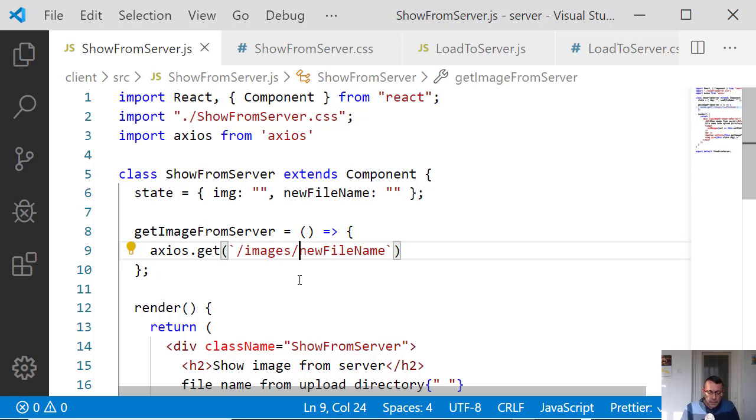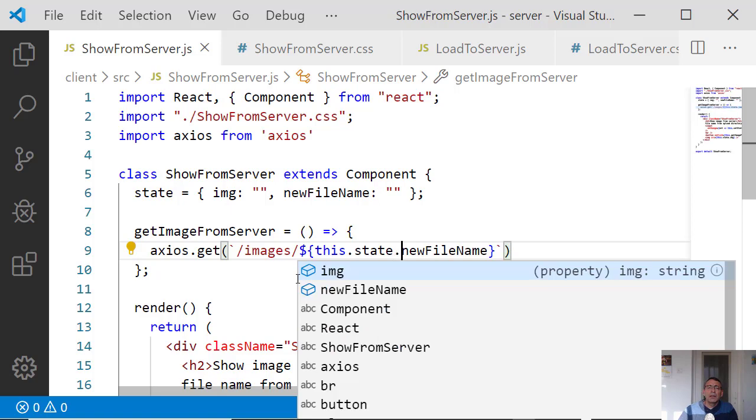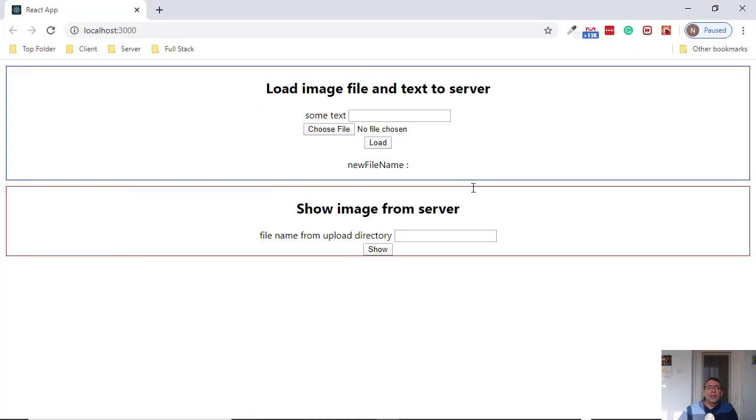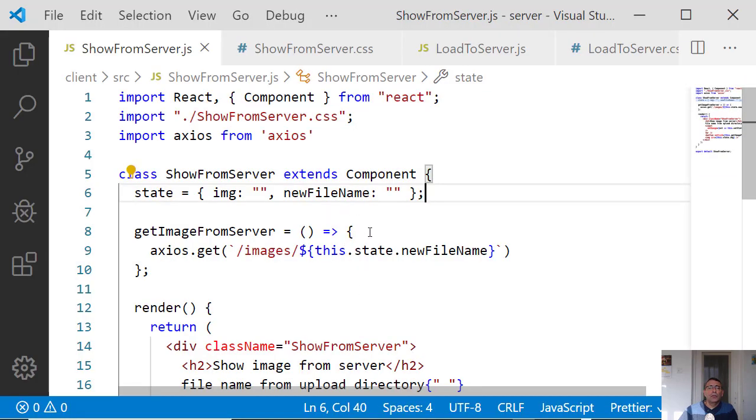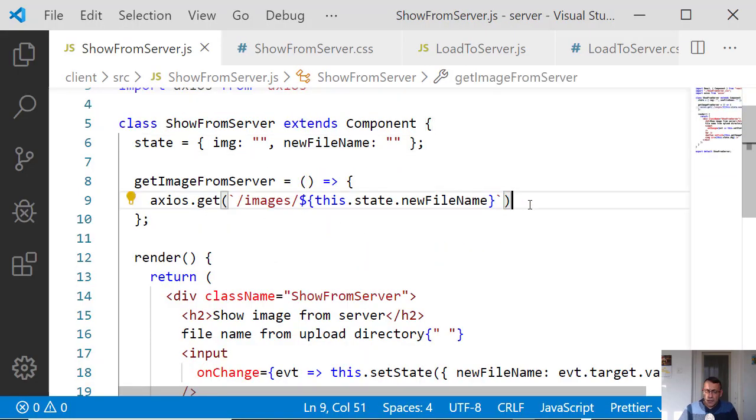Okay, so this.state. Okay, I'm loading a file, I'm getting the new file name, I put it here, and I'm sending it to the server and showing the image here. Okay, this is what I want to do. Okay, so new file name, axios.get, and then